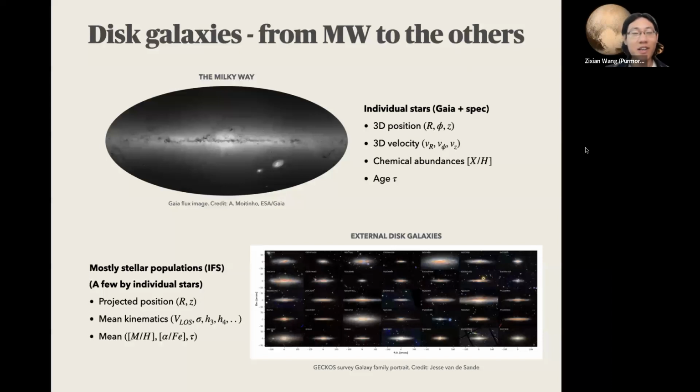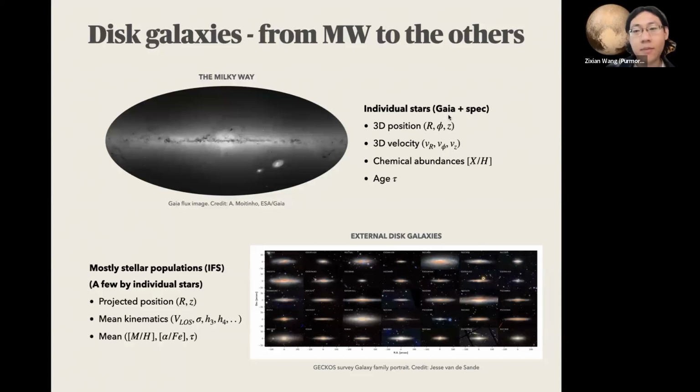Because if you ask me to separate the disk galaxies into 2 groups, I would say the first group only contains our Milky Way, and the second group has all the other galaxies. And the reason is very simple. It's just because we are inside the Milky Way. So that means we have so many